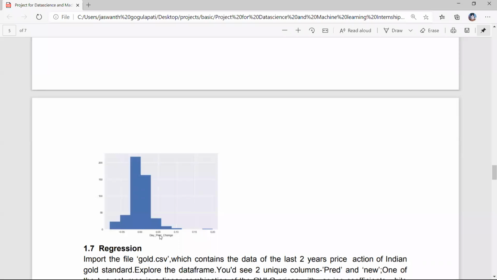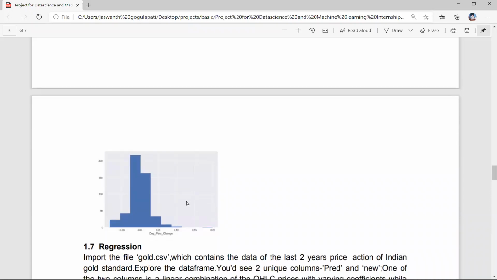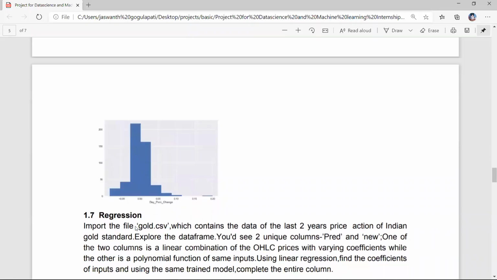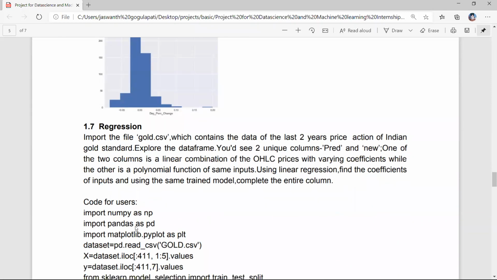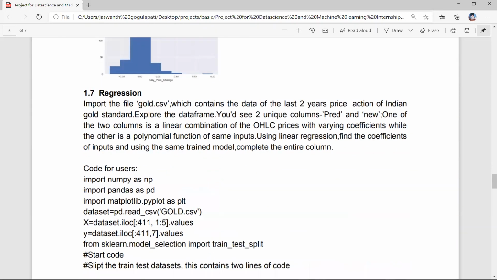the closing price decreases as compared to the previous day. If day percent is positive, we will get the profit. Means our today's close price is greater than the previous day's close price. Like this we can draw the predictions. Means divide the number of days in which we will get profits and in which days we will get loss, like this. Now in 1.7 we have two more modules in this